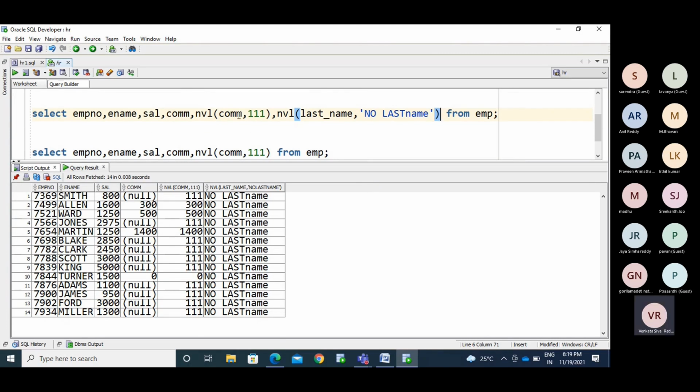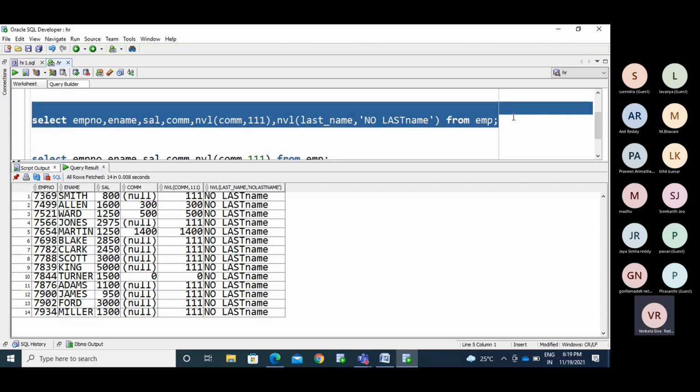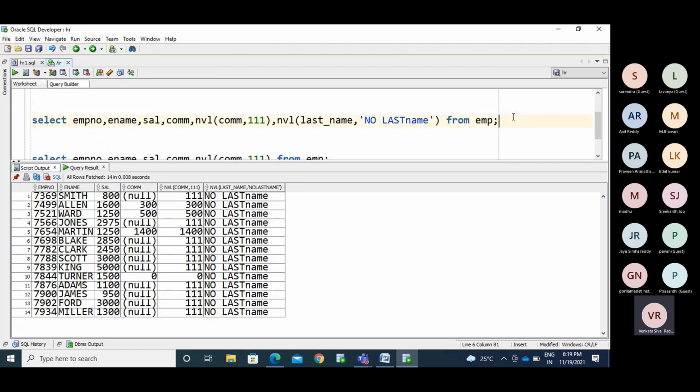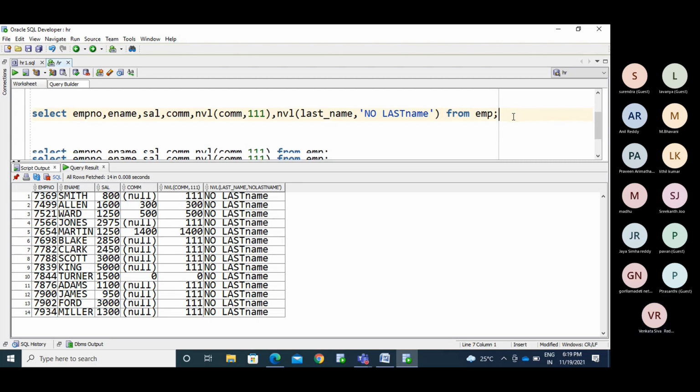See, no last name. It will work for the number value, it will work for the varchar column, it will work for the date also. Check with the date. If any one of the employees does not have any hire date, make it some default date for that. The CEO does not contain any joining date, so for that you need to use the company start date as the joining date of the CEO. Got it?